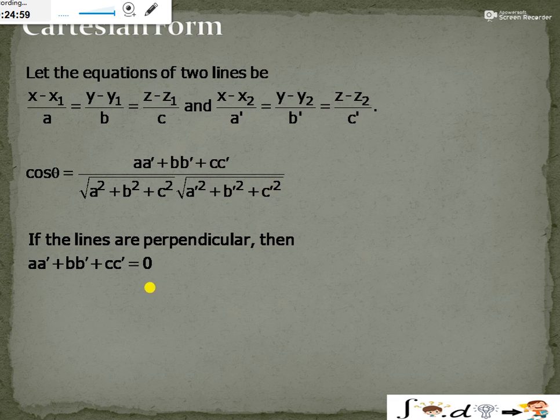एंड नाउ इफ टू लाइंस आर परपेंडिकुलर, ठीक है, वो हमने वेक्टर फॉर्म में किया था कि जो b1 डॉट b2 वेक्टर है वो 0 के इक्वल है। जब हम b1 डॉट b2 वेक्टर को सिंप्लीफाई करते हैं तो हमारे पास क्या होगा, aa dash plus bb dash plus cc dash इज इक्वल टू 0। ओके, this is the condition for perpendicular lines. And if the lines are parallel, then we have a upon a dash is equal to b upon b dash is equal to c upon c dash।